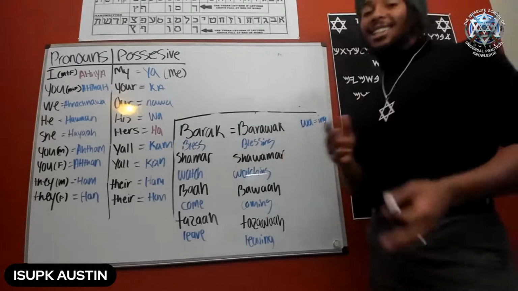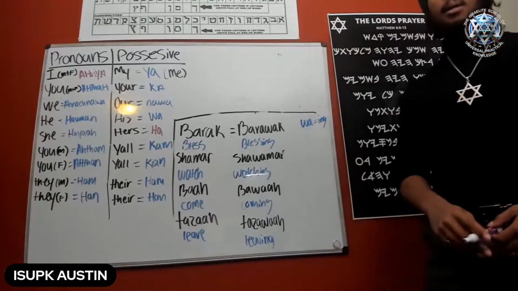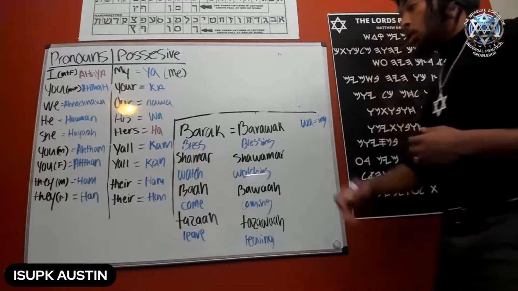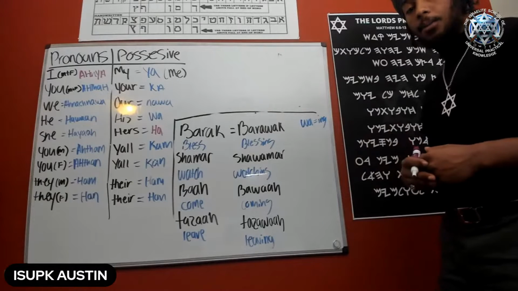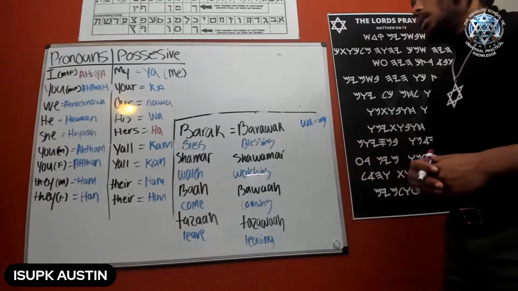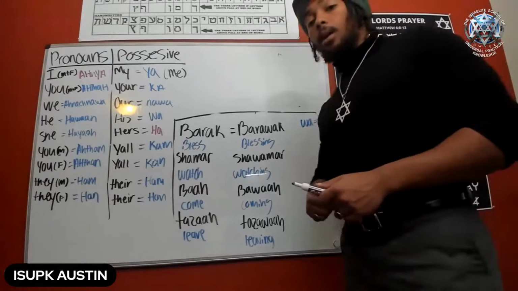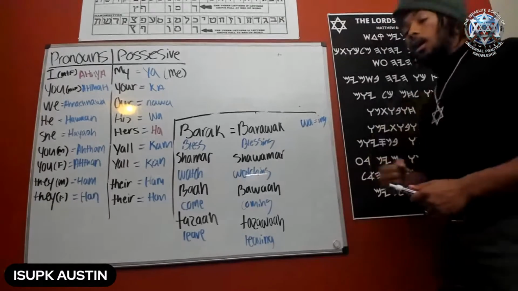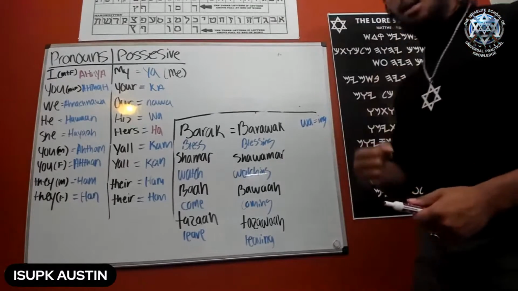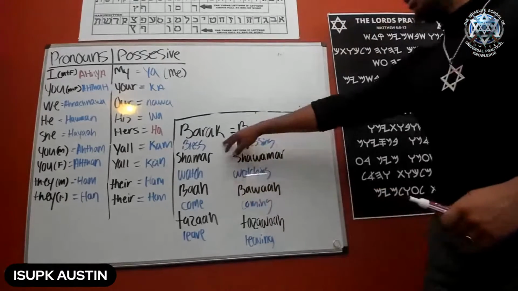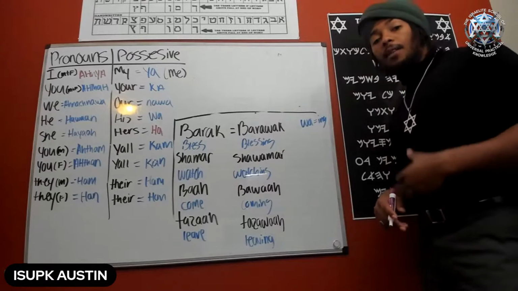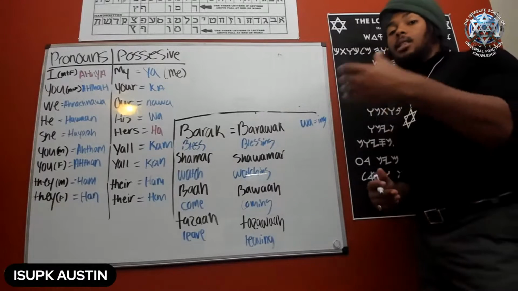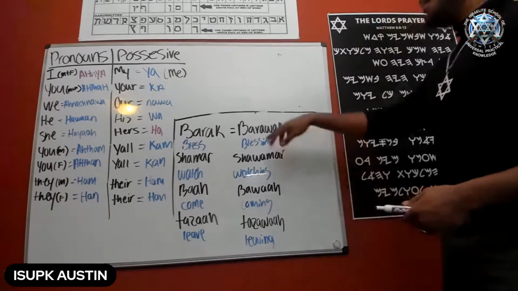making words past tense in an action word. What you see right here is examples of this already. So if I want to say bless you, brother, barakatah. Bless you, multiple brothers, barakatham. I'll just use barak. But if I am blessing you with something, I am blessing you, brother, then I would say barawak.